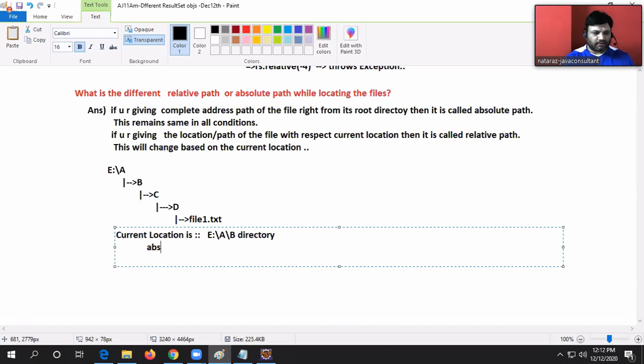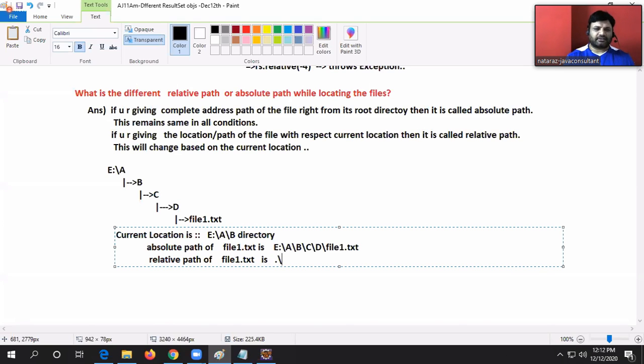Absolute path of file1.txt is file1.txt. Next, relative path of file1.txt is